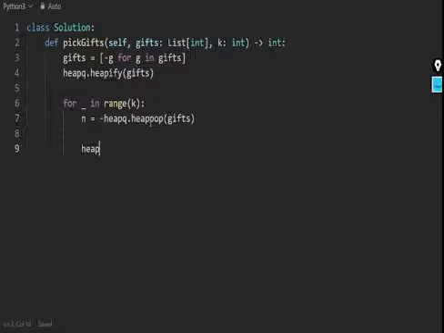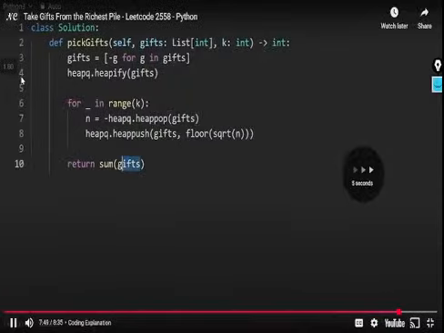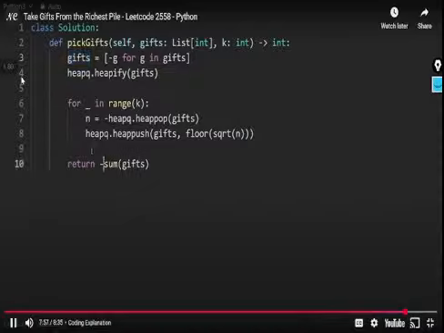And so then we want to now push back to the heap a certain value. So back to the gifts heap, we want to push the square root of n, and we made the gifts negative originally. We just take the negative of this. We don't really have to convert these gifts to